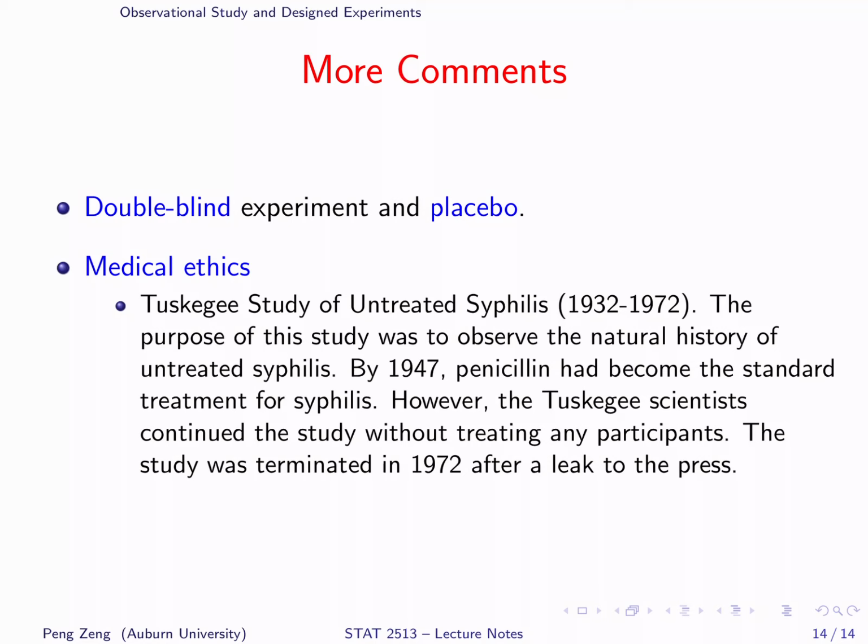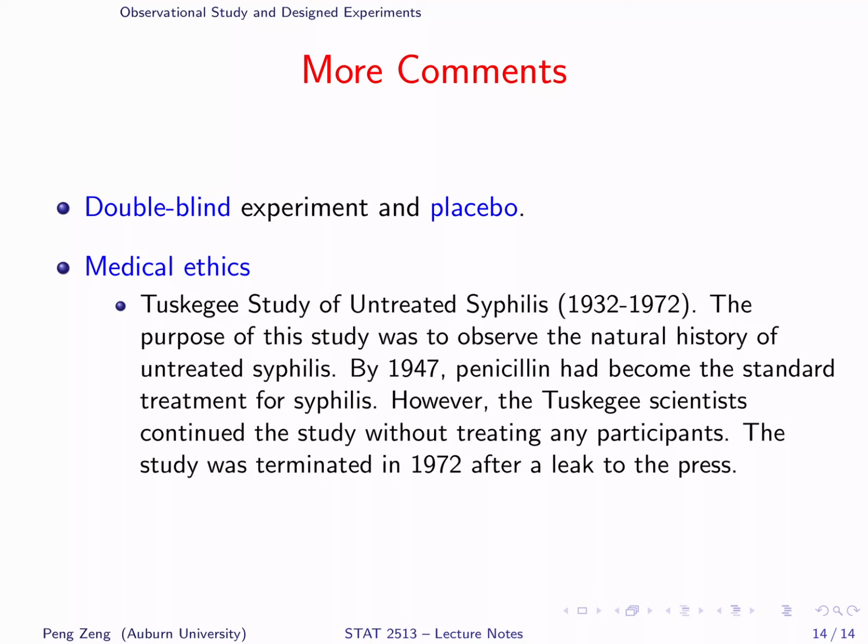It is related to psychological effects. If you do not feel well and see a doctor, the doctor may tell you that your condition is normal, don't worry. Even if the doctor does not give you any medicine, you may feel much better. This is due to psychological effect. In a designed experiment, in order to get rid of such psychological effects, participants will usually receive something similar, which is called a placebo. Double-blind experiments are common in medical clinical research.